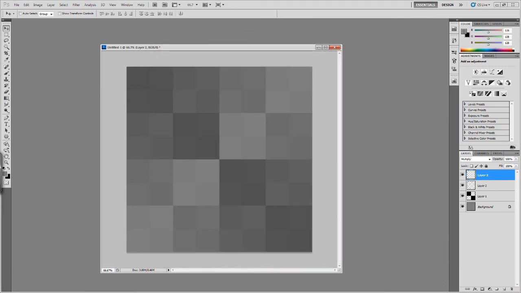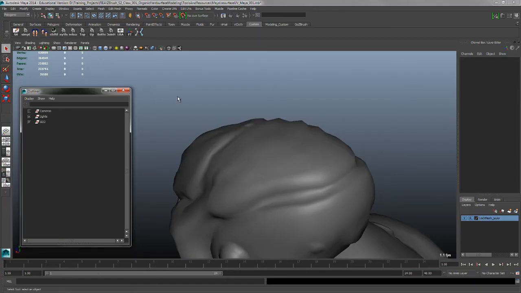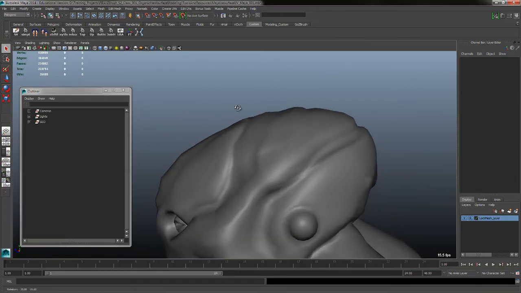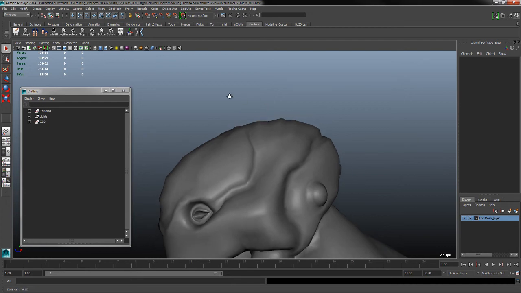This is not a 32-bit image. If it was a 32-bit image, it would have alpha in the channels section. So we'll just hit OK for 24-bit, and then save that out, and then we're going to go on over to Maya and load that inside of Maya. So in order to get that texture on our model,